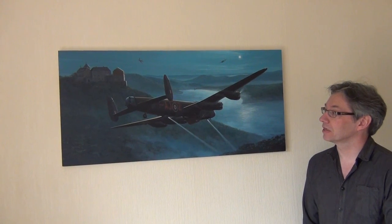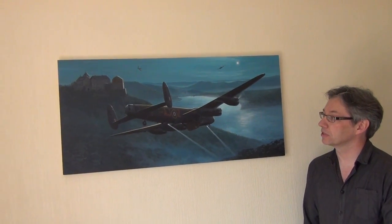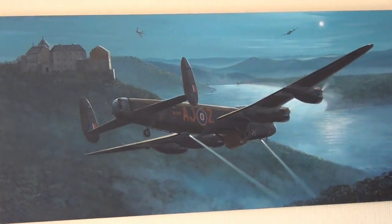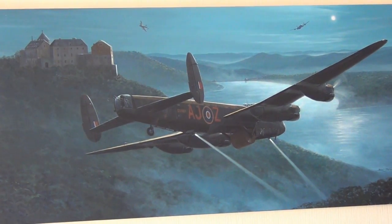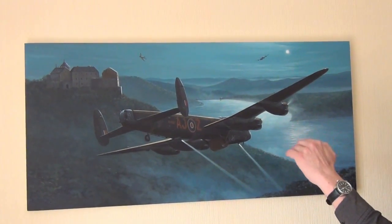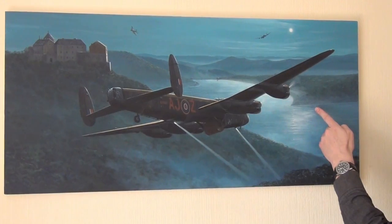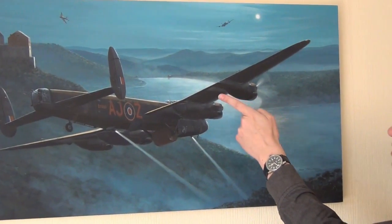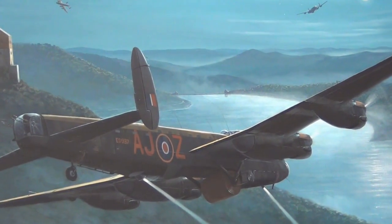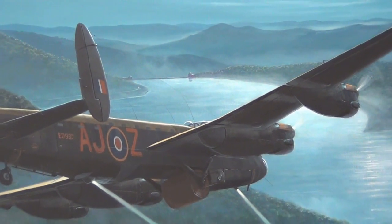Its title is Dambusters approaching the Eder, and it shows Henry Maudslay's aircraft diving past Valdec Castle on the way to line up to attack the Eder. This was a very difficult approach, which they were briefed upon, because they had to dive from quite a high angle down to the lake and then make an immediate left turn down here over the spit of land to attack the dam. Now, because of the high hills surrounding, that meant they didn't have much time to line up and get to the right height and the right speed,